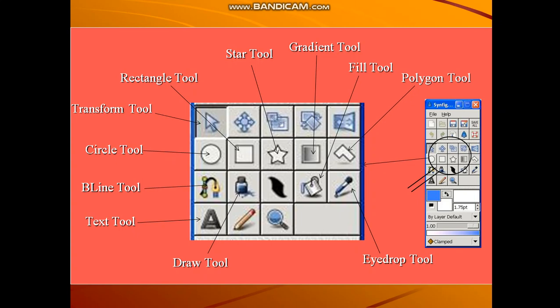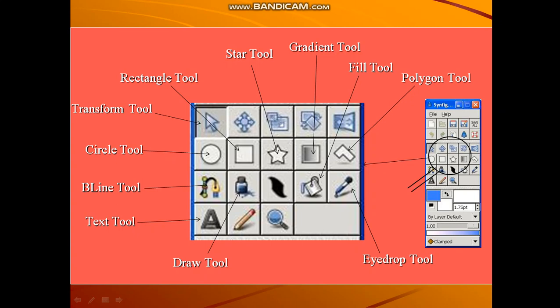Now these are the buttons available in the toolbox. This arrow is known as the transform tool. Then circle tool is given, rectangle tool is given, star tool is given. This is the gradient tool. Then polygon tool, eyedrop tool, that is used to select color from our image.